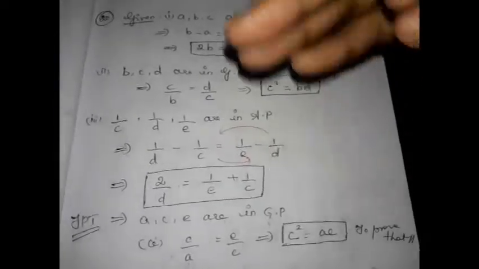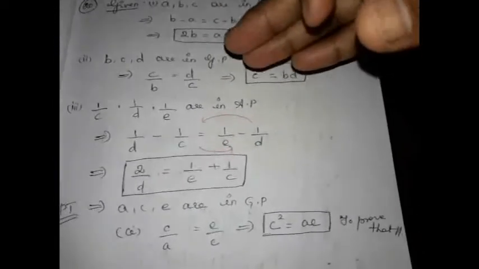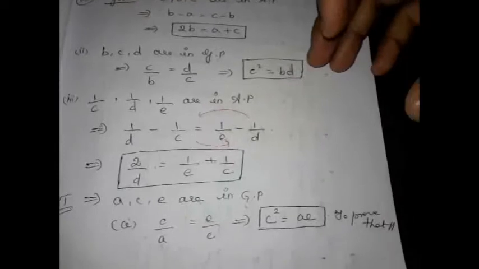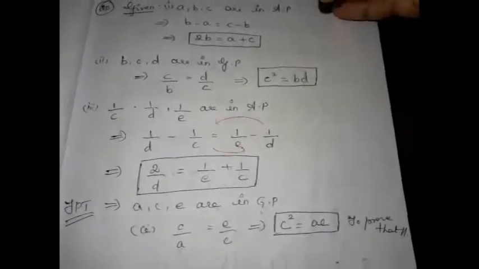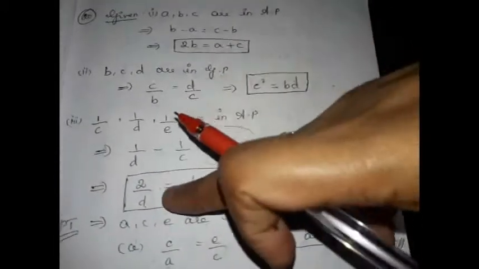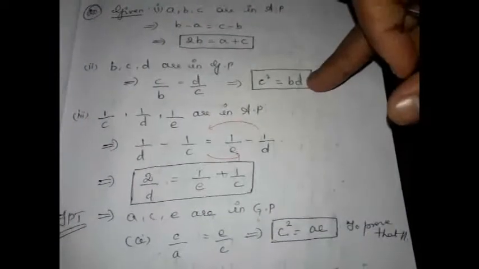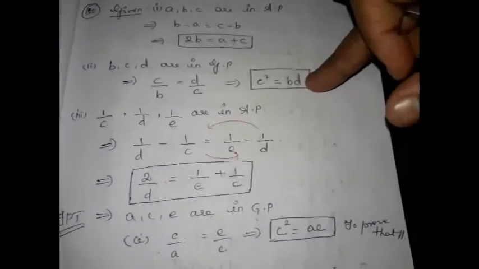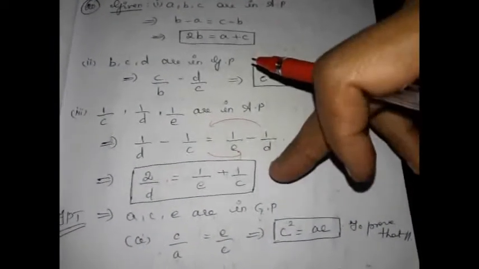So if you repeatedly substitute the values, you will arrive at an equation involving only A, C and E. If you simplify it, you will get it easily. So after this, what should you do? Substitute the value for D from this. So you will get C square by B. Again you will have a B there. Substitute the value for B from this equation.